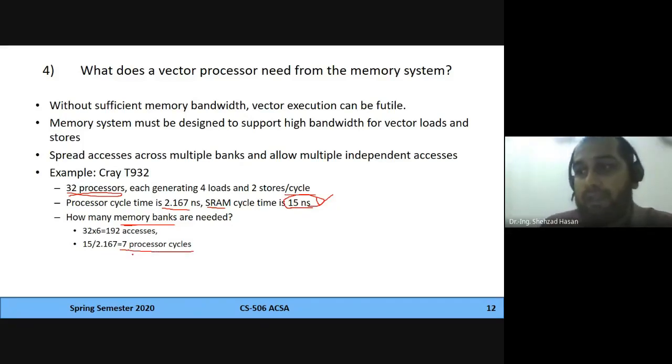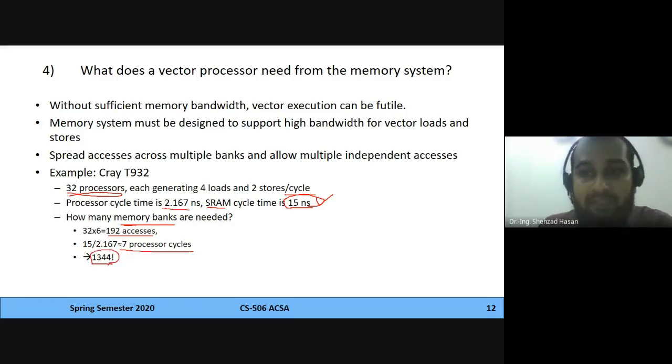These accesses are for one cycle, but if you want to give them to the bank and that bank should complete its task, this means that for 7 more processor cycles this bank should not get any more tasks, right? So if you multiply to get the number of banks you need, it's going to be 1344 banks. You just multiply 192 by 7. So this means you actually need